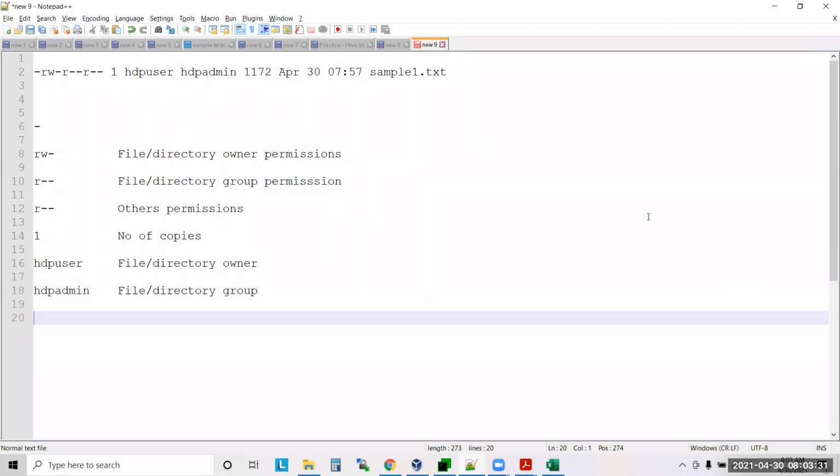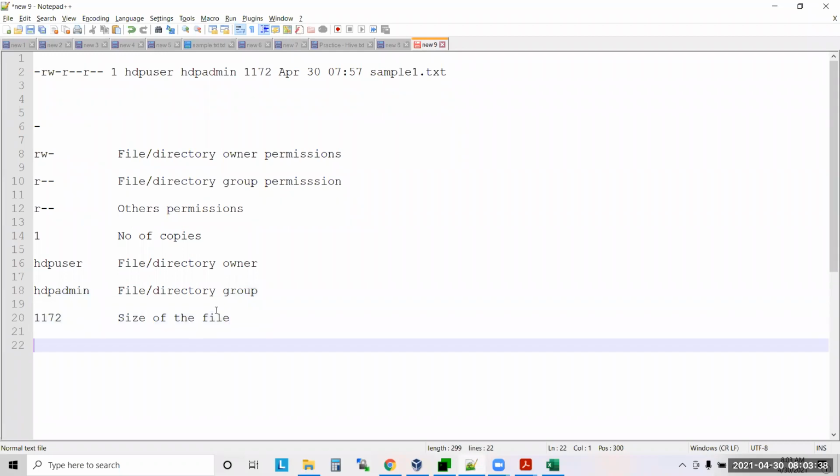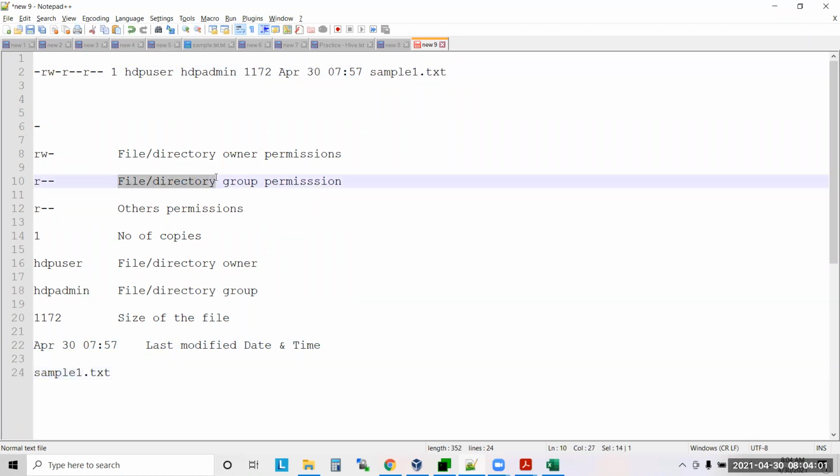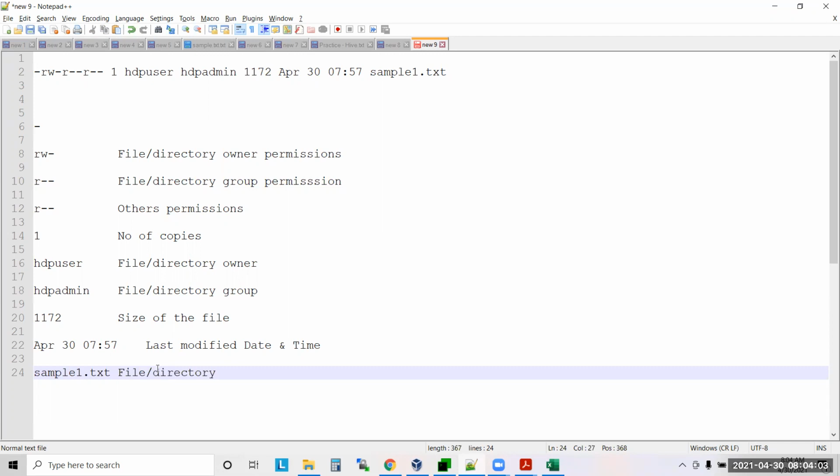Then the others. Then the size of the file, then the date and time, the last modified date and time. And the last one is the file or directory name.